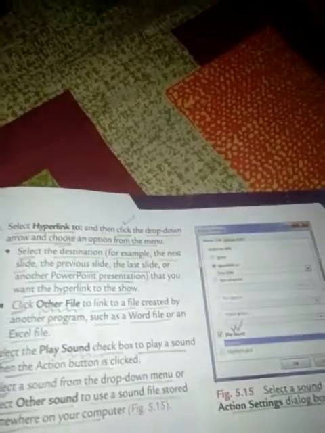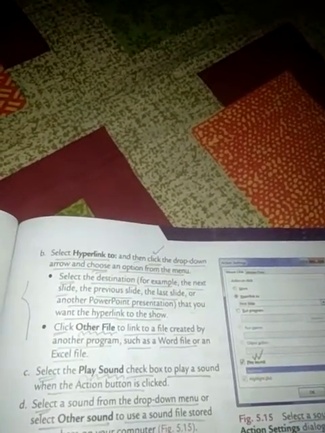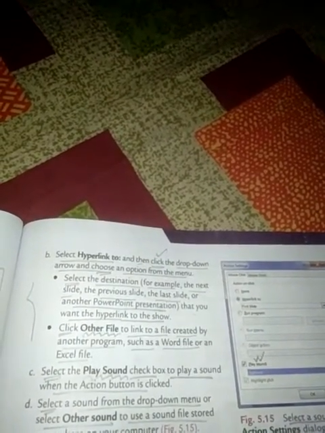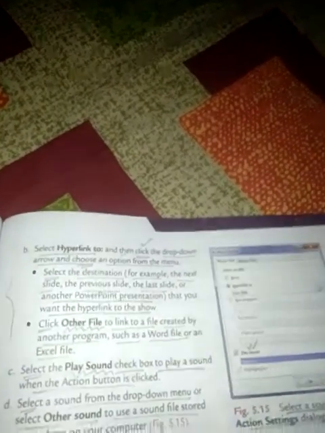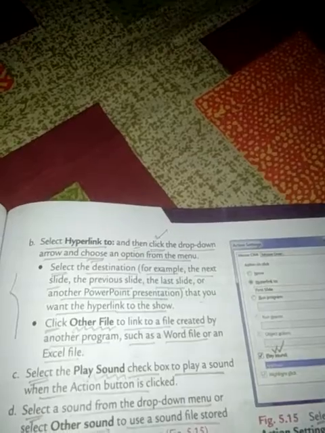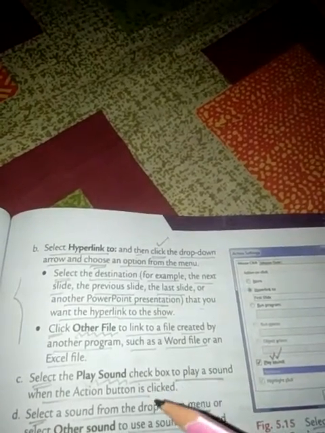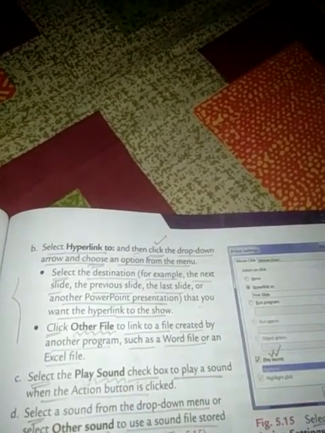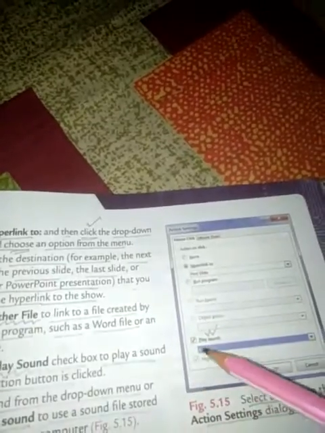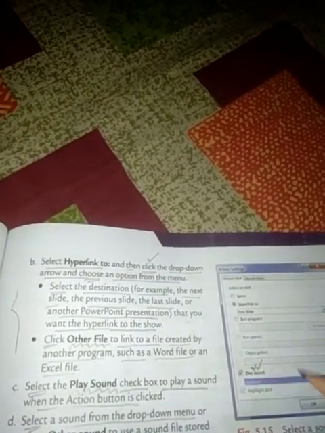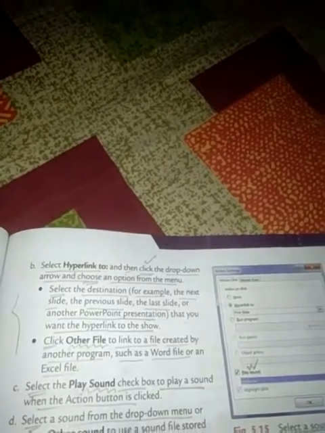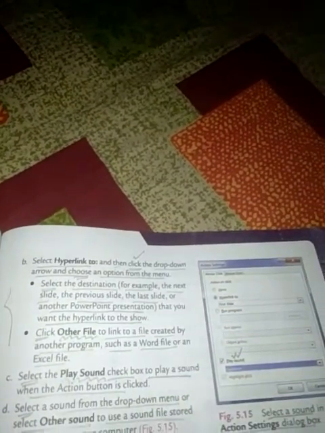Let's say our intention is to play a sound, then we have to select the play sound checkbox in order to play the sound when the action button is clicked on the slide of the PowerPoint presentation.